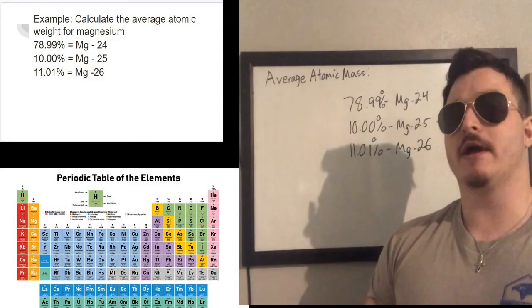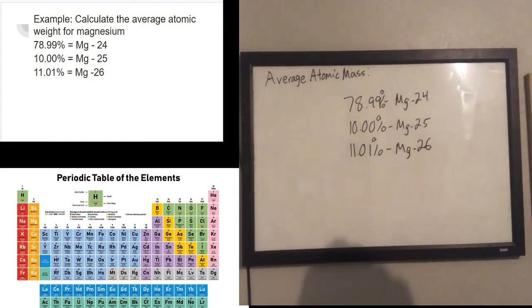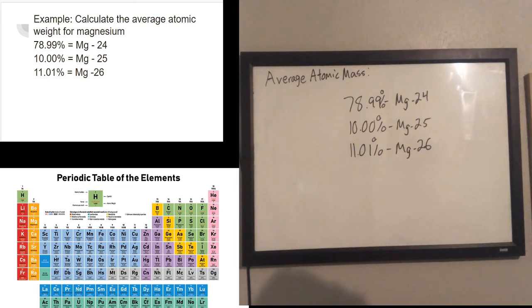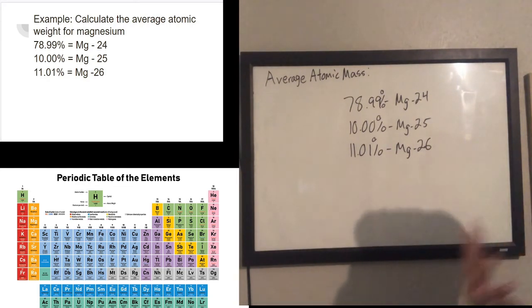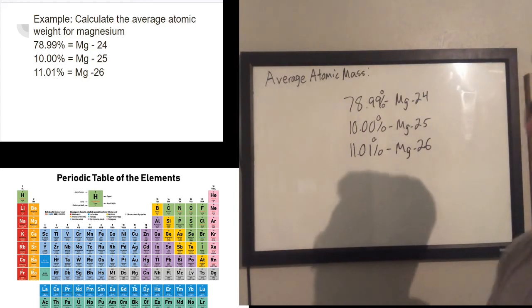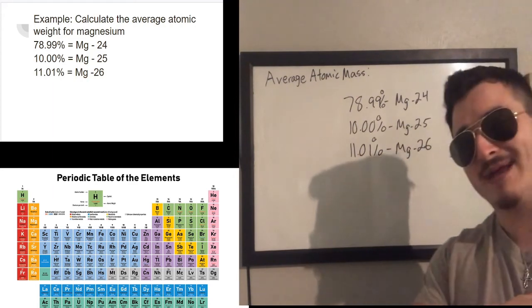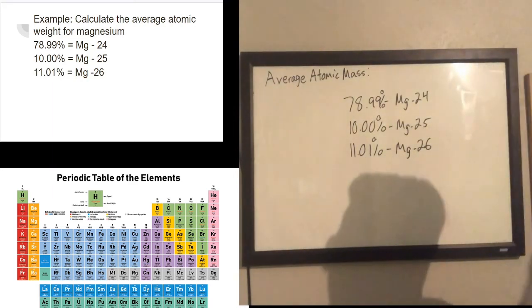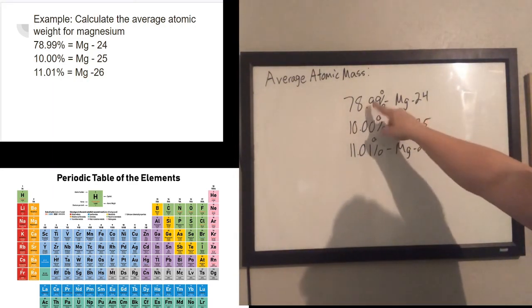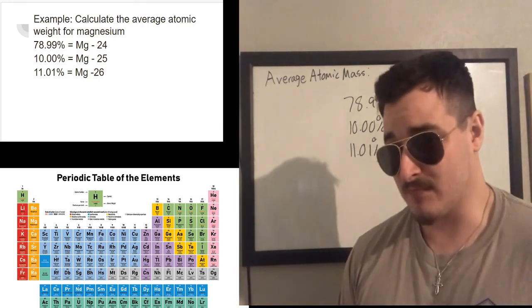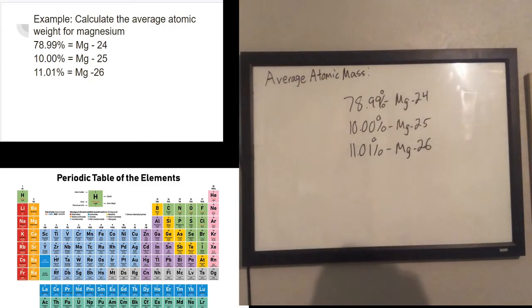So now we've got another example problem here for you guys, this time using magnesium, and these are true measurements of the isotopes of magnesium on planet Earth with their relative abundances. So what is our answer likely going to be close to? Well, first of all, what's the range it's going to lie in? If I get an answer that's below 24 and greater than 26, I have a 0% chance of getting it correct. On top of that, though, it's nearly 80% magnesium-24, so I'm expecting the answer to be pretty close to that. All right? So let's go ahead and go off of that information, but either way, we're going to convert